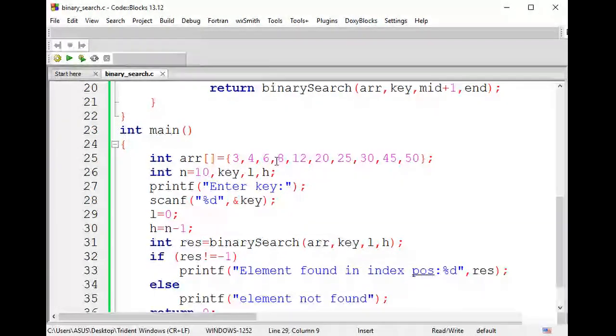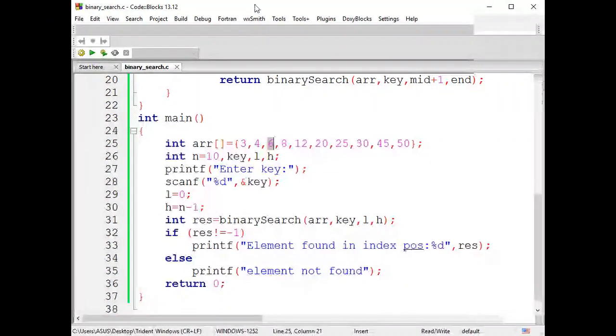Yes, just a minute, it is not visible. Okay, you can notice that the 6 value we gave as input is present at the second index position. This is 0th index position, first index position, second index position. Based on the input I am giving, if the element is there, it is going to display the index position. If the element is not there, it is going to display just a small statement, that is, element not found. Is this clear, guys?